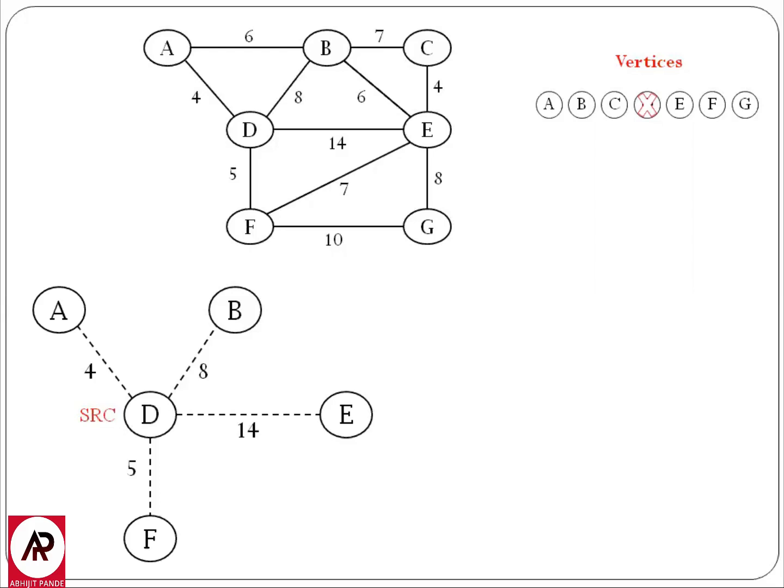Currently, only a single node, that is our source node, is present in our MST. As we can see here, only a single node is crossed, meaning only a single node is present in our MST. Now we have to add a new vertex in our MST. In order to add a new vertex, we have to choose an edge having a minimum cost, because in calculating the minimum spanning tree, our aim is to reduce the cost. So choose that edge having the minimum value. Here the minimum value is 4. I have chosen this edge.